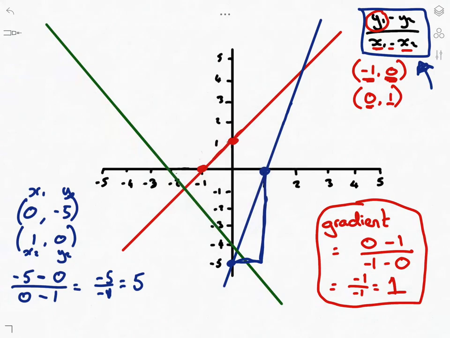We've had gradient of 1, gradient of 5, and now this other line looks totally different, and you're going to see why in a moment. You might be able to guess. When we go across 1, how much do we go down? Well, it's hard to see. I'll show you something on another example later on about our guessing, but we're just going to use the formula for this. So let's choose our 2 points. I want to use the axes, even though it's easier. I'm going to choose